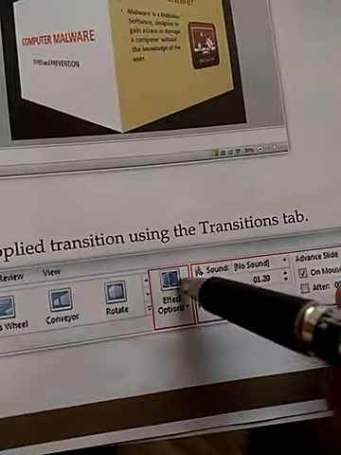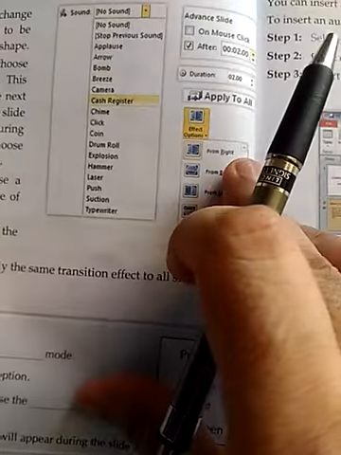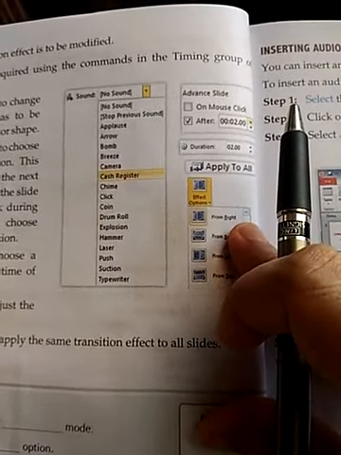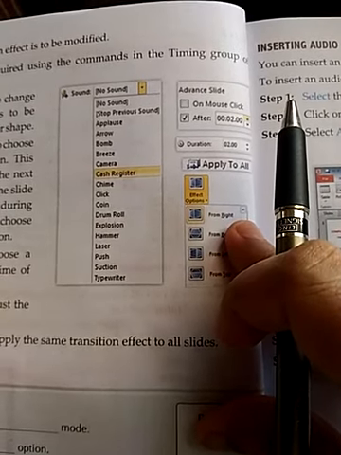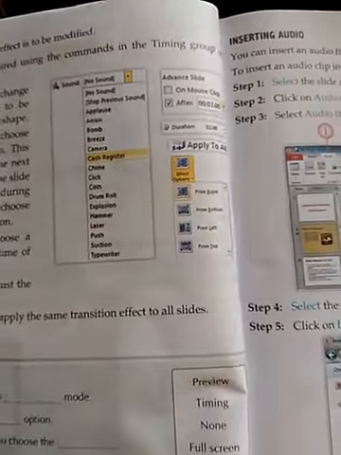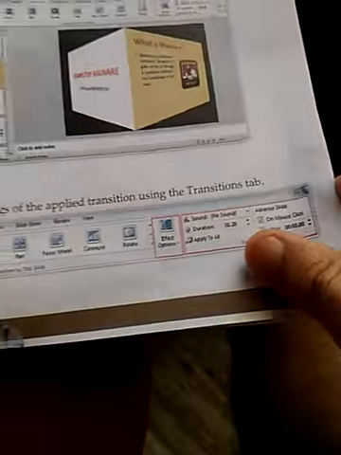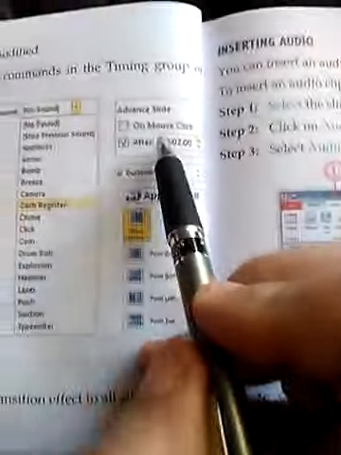This effect option is used to change the way the transition has to be played, such as direction or shape. Advance slide, this option will help you choose the timing for the transition.